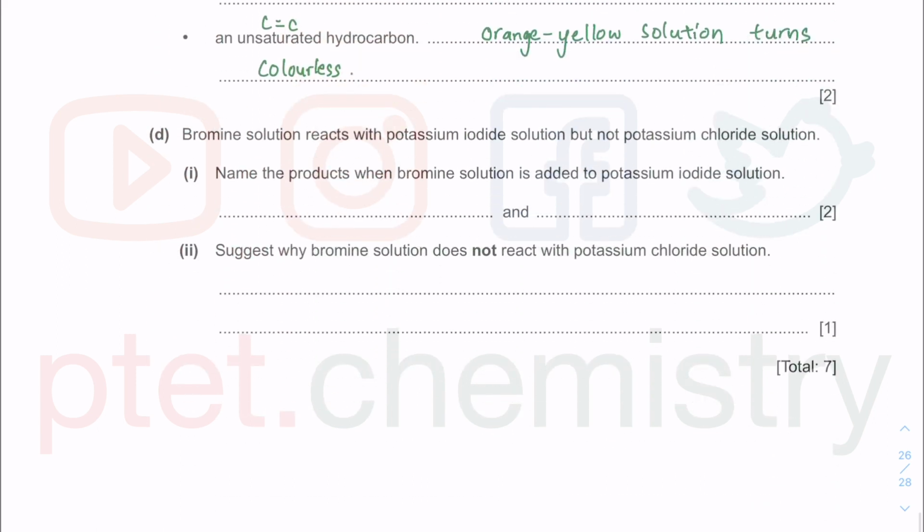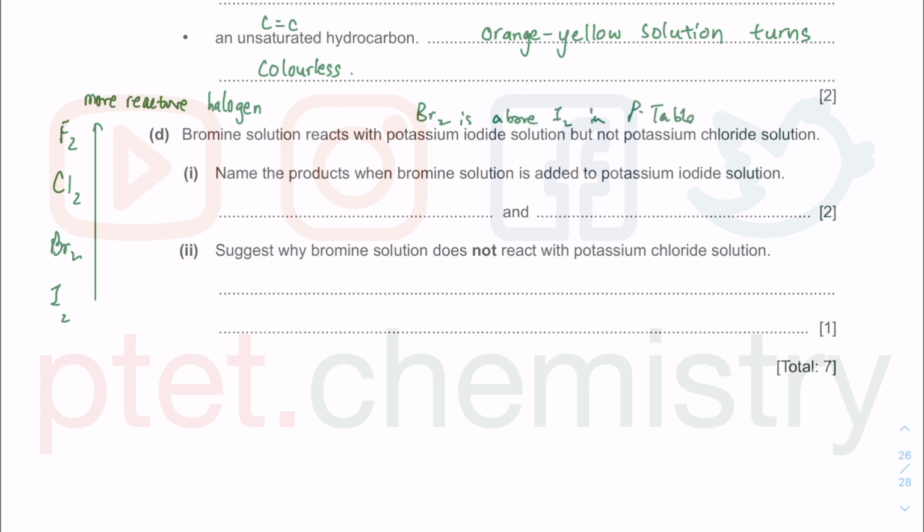Last but not least, this is the idea of a displacement reaction again. So F2, Cl2, Br2 and I2. The higher you are in group 7, the more reactive the halogen. If you are the more reactive halogen, you can kick out the halogen from the halide of those below you. Bromine is above iodine in the periodic table. So bromine is more reactive